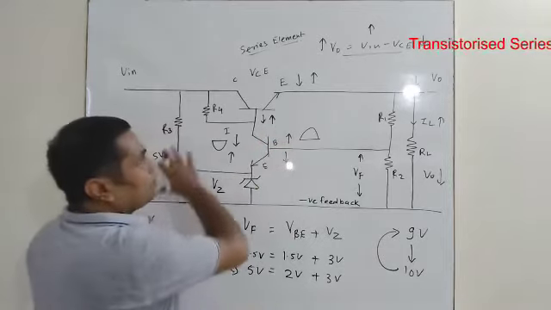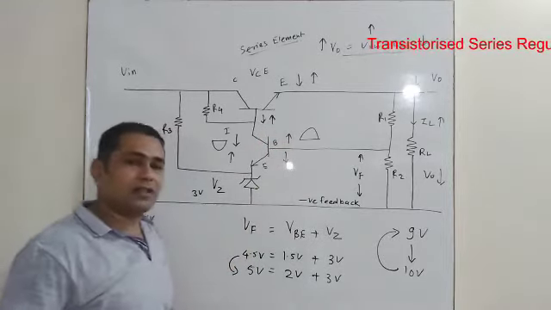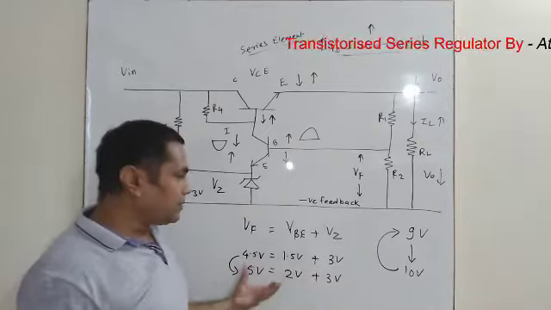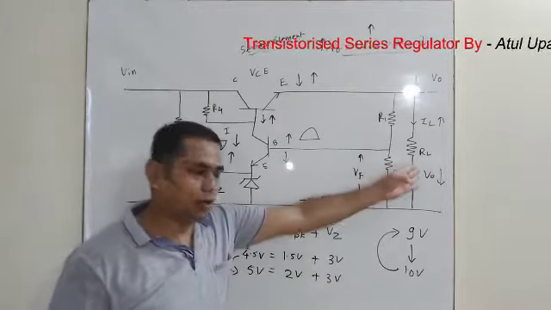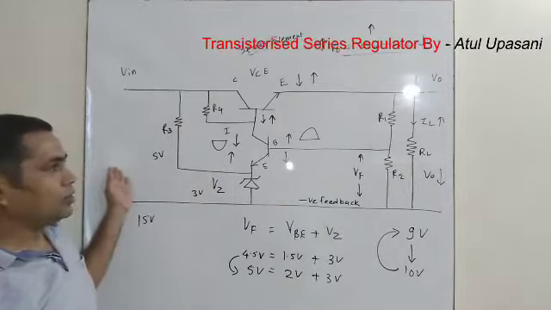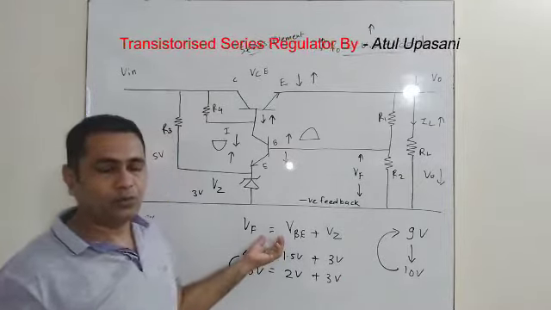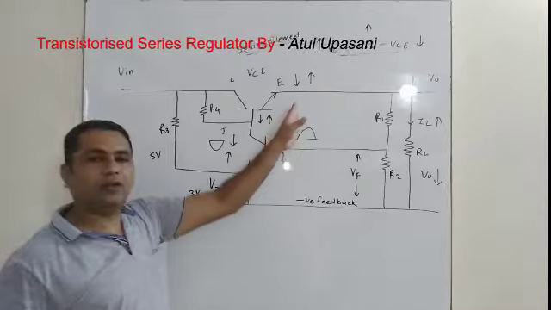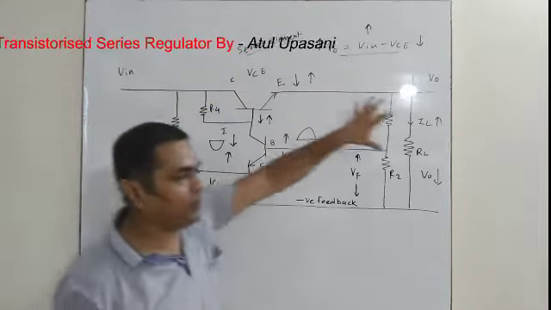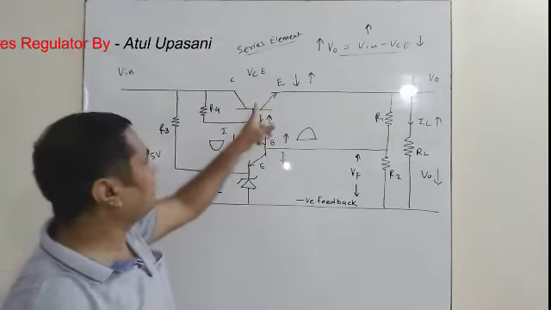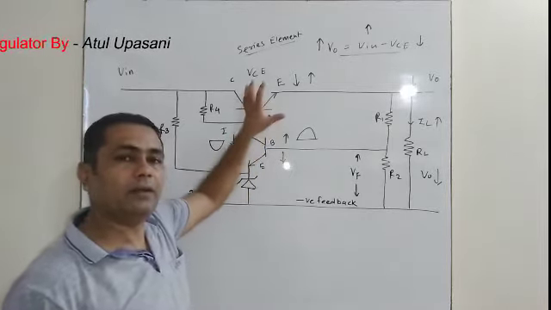So in this way, this series element, or this transistor series regulator, removes the fluctuation at the output, and these fluctuations may be due to load fluctuations or line fluctuations. So this is the best way to regulate the output of a rectifier to use it in a power supply. In this regulator, almost all the load current will pass through the transistor. So this transistor will have to handle much higher current. So that is why the transistors used here are power transistors.